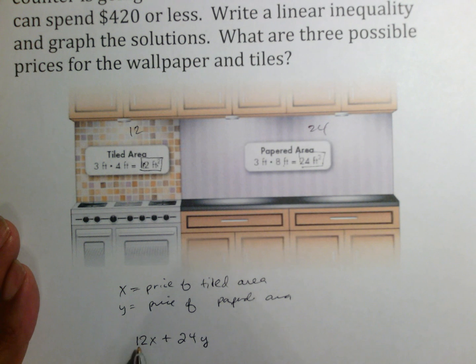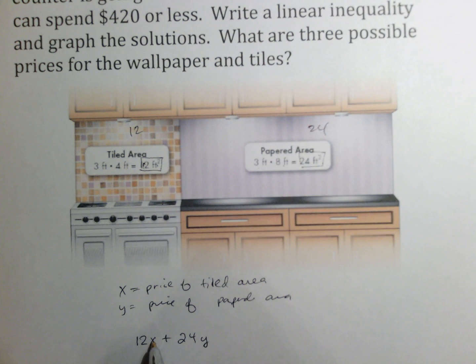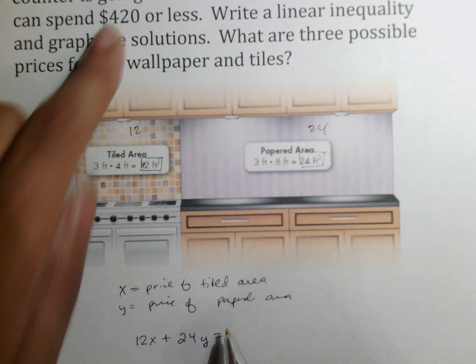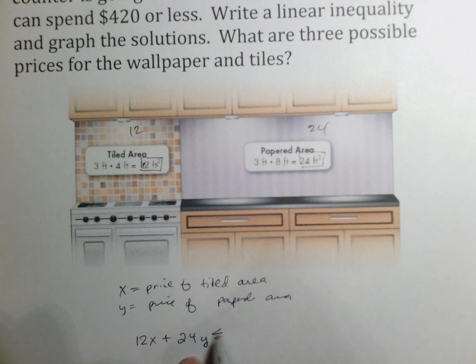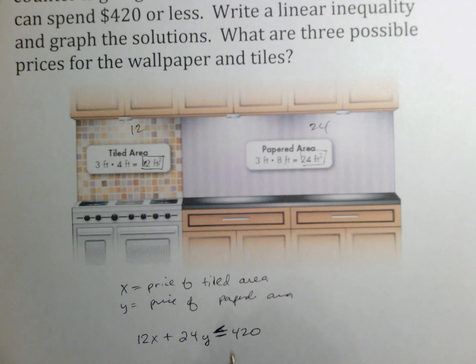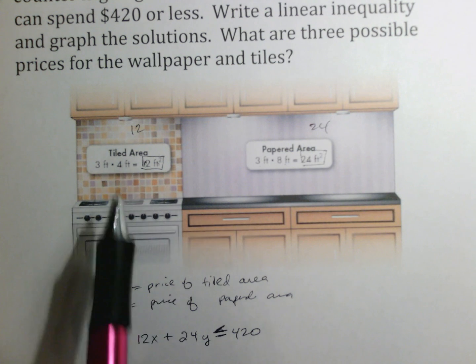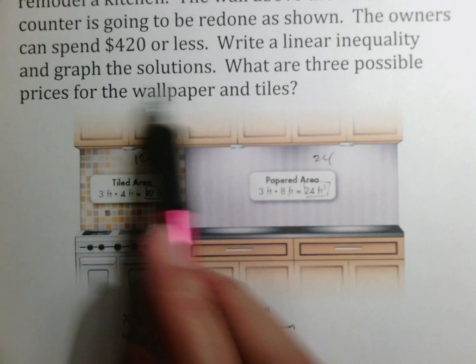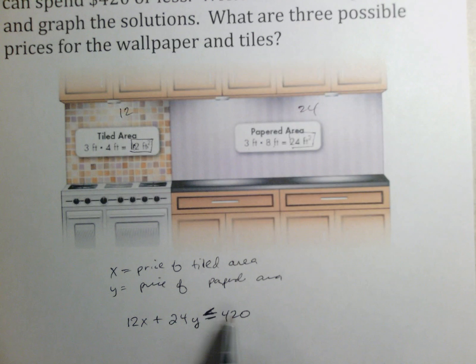Again, if we have 12 square feet of material at X per square foot, 24 square feet of material at Y per square foot, it says can spend $420 or less, which means that this has to be less than or equal to $420, because again, it cannot pass $420, otherwise we're spending too much money, and it can actually equal $420 because it says $420 or less. So you're looking at this price, 12 times X plus 24 times Y less than or equal to $420, and